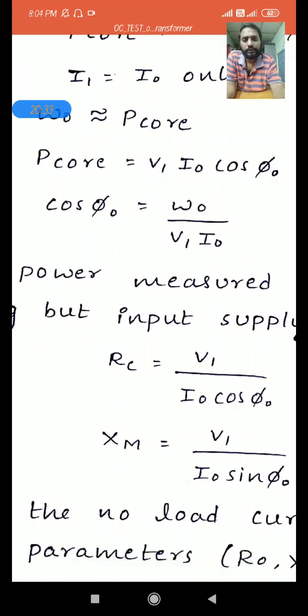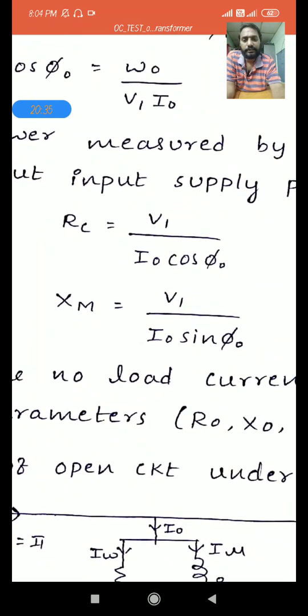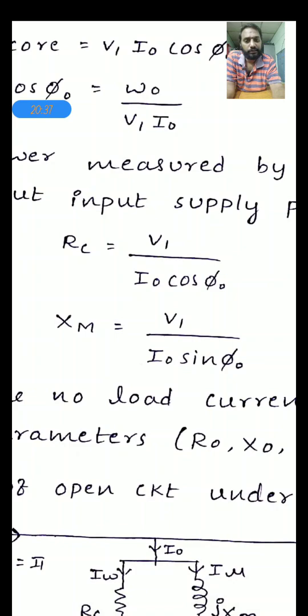It's a very simple thing. And similarly the magnetizing reactance XM is equal to V1 by I naught sin phi naught. So V1 is the voltmeter reading, I naught is the ammeter reading, and sin phi naught can be calculated from the above relation. So it's a very simple thing. So our two objectives are completely